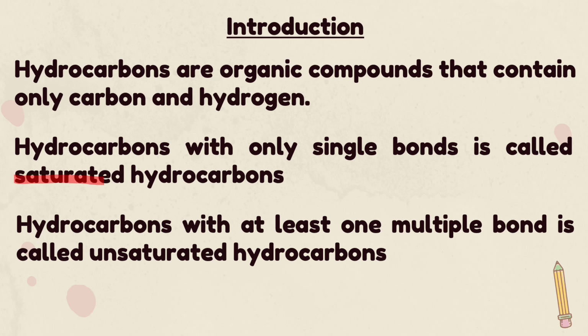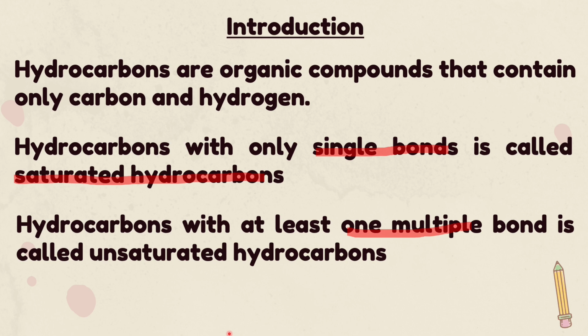Okay, a saturated hydrocarbon is any hydrocarbon that has single bonds only. So example dia adalah alkane lah. Reason dia sebab alkane, kalau awak tengok in the structure of alkane, alkane itu dia hanya consist of carbon single bond carbon and also carbon single bond hydrogen. Okay, if the hydrocarbon consists of at least one multiple bond, it doesn't matter whether it is a carbon-carbon double bond or carbon-carbon triple bond,